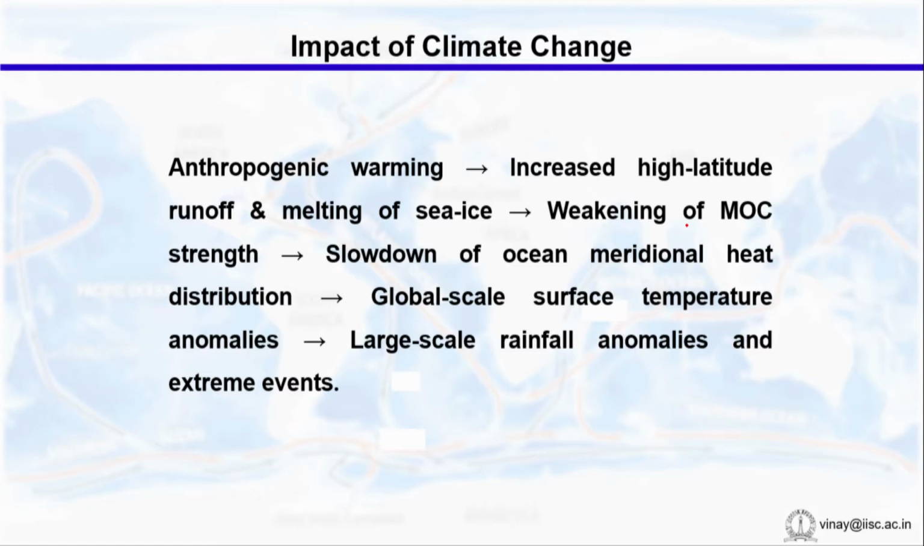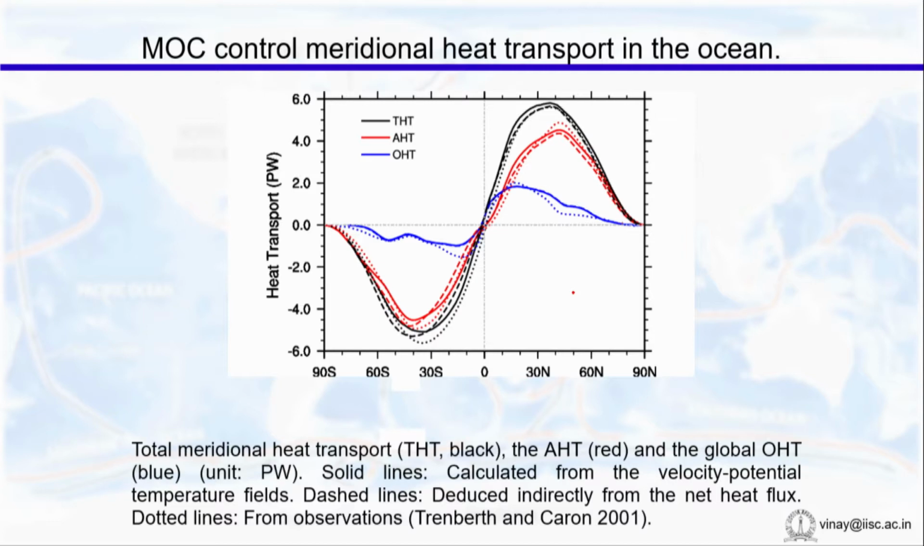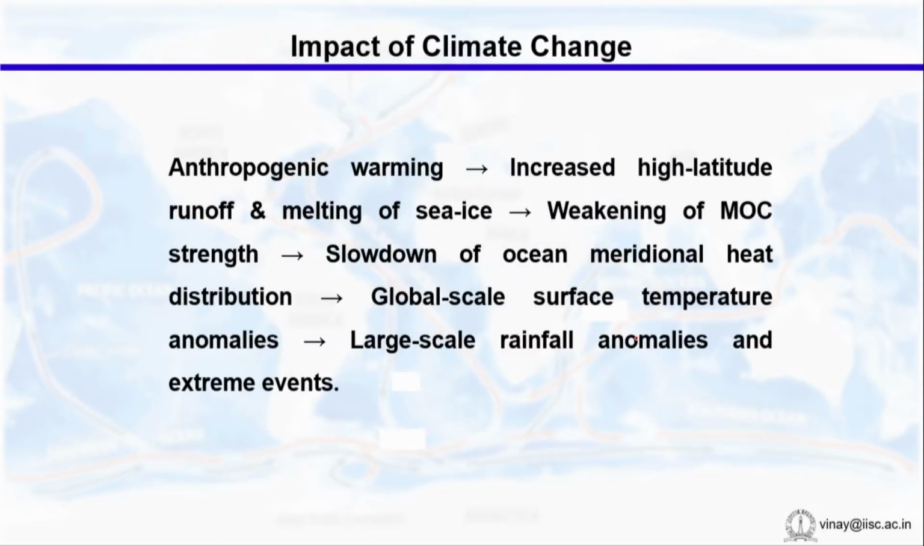The transport of heat from the lower latitude to the higher latitude would decrease. If there is a weakening of the meridional heat transport distribution, there can be accumulation of heat in certain regions and reduction or deficit of heat in certain other locations, which means that the distribution of sea surface temperature in the